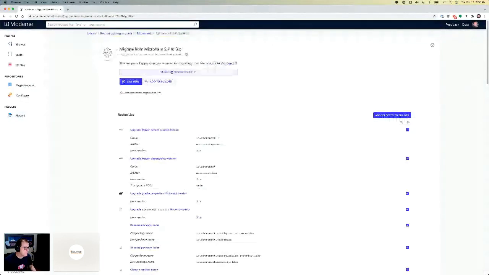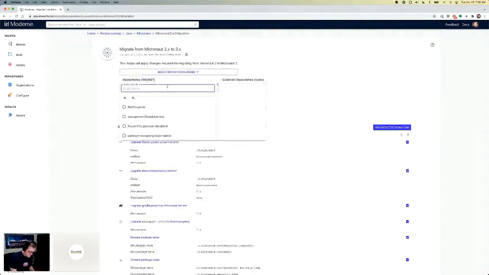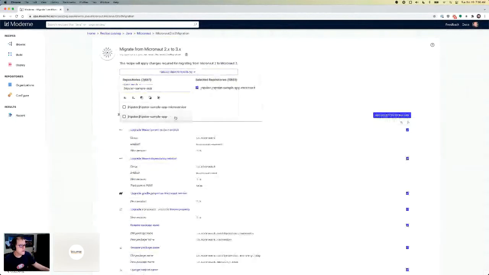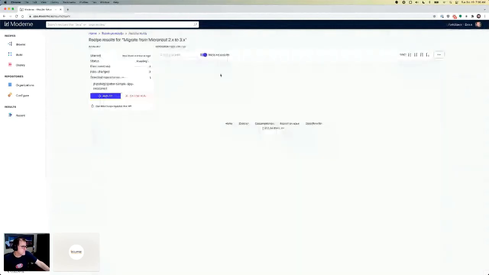So in this case, hipster sample Micronaut. Let's actually pick a Micronaut project. We might get better results. I don't know, call it a hunch. Okay, yay, we got some results.